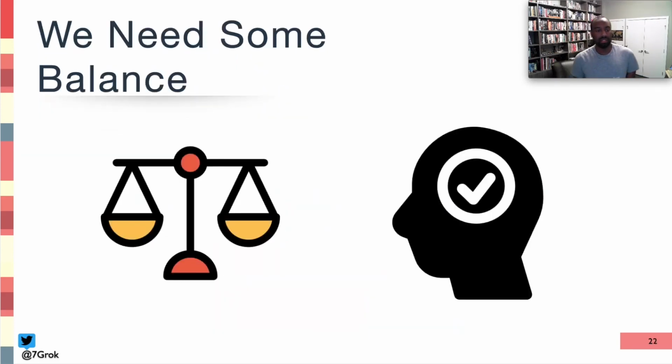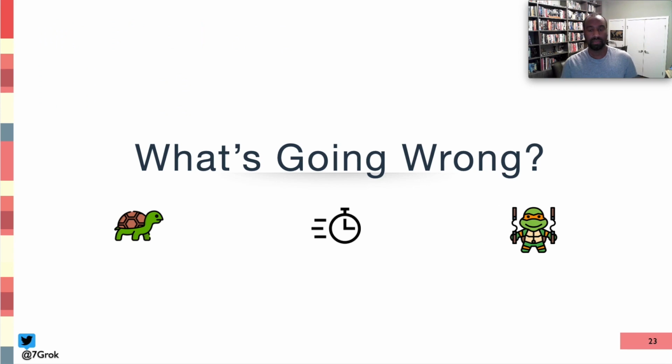So I think we need some balance, right? And by that, I don't mean that what we have is bad. I don't mean that it's 100% perfect. What I want to call out is that it's good for some people, not so good for others, and could use work before others get introduced to it. So what's going wrong, right? Obviously, it's not all sunshine and roses. If not, I wouldn't be here talking to you, and chances are we all wouldn't be here at SREcon.